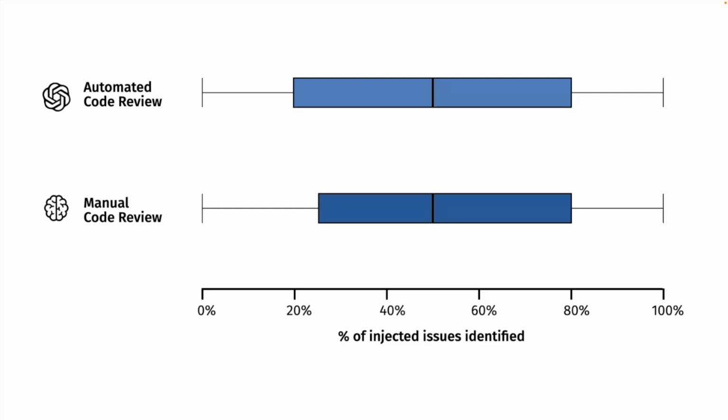But this was not the case, because if you take the automatically generated code reviews as they are, without any human intervention, they managed to identify around 40% of the quality issues that we injected. So this means that in that treatment, the human was adding 10% on top of what was done by the AI. I'm simplifying a little bit because these are median values, but you get the point. So the human alone was able to find 50%. With the support, they only added 10%. So why is this happening, right?